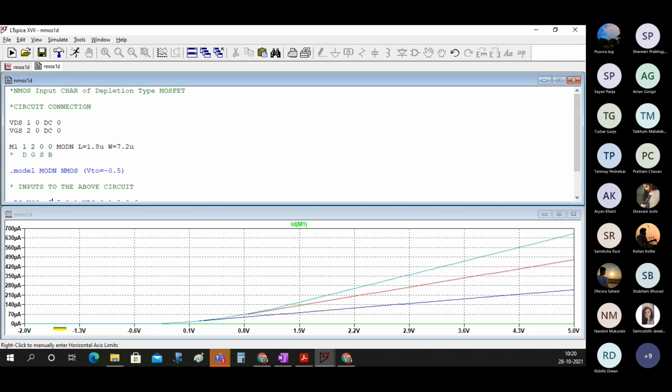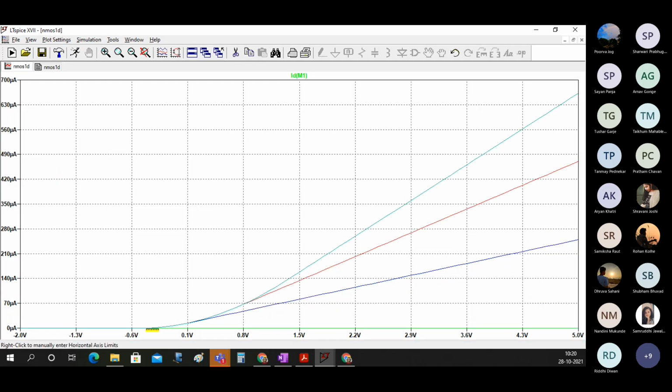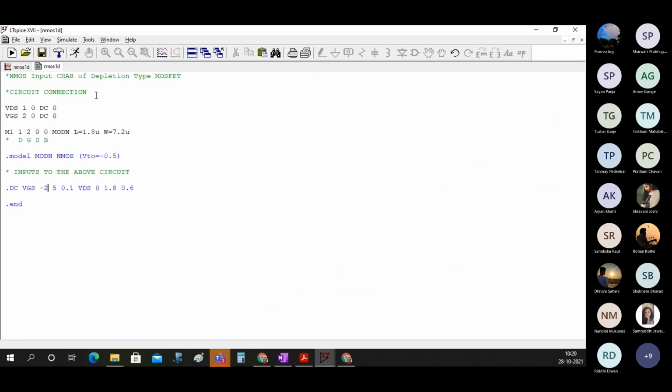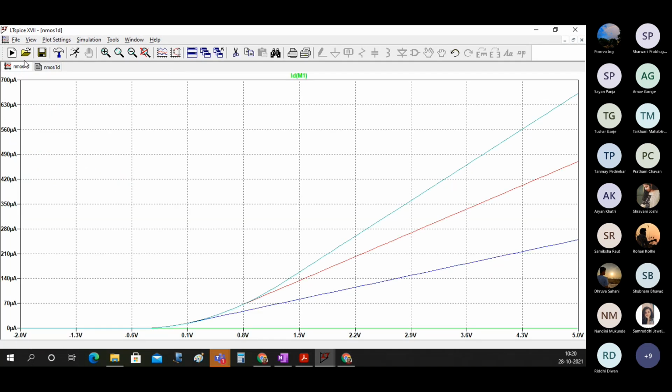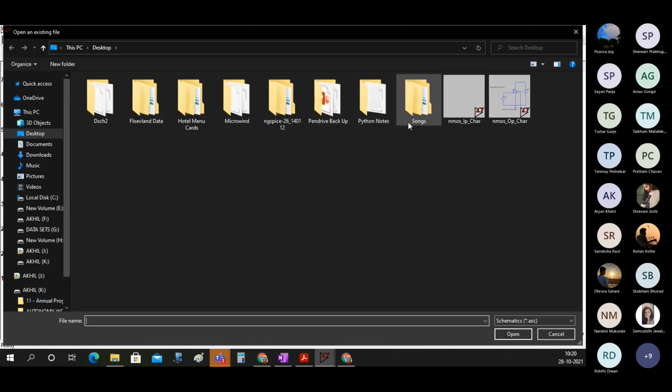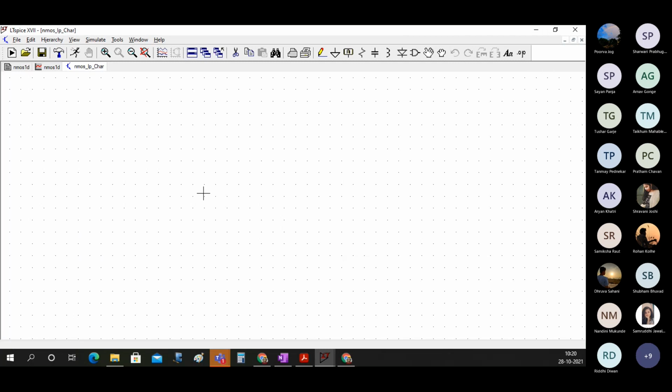And now you can see that, oh yes, this is minus 0.5 here, and somewhere in between here there is a 0. That's how we can plot the characteristics. So this is one thing. And now if you want to do this same thing, I'll just save it.